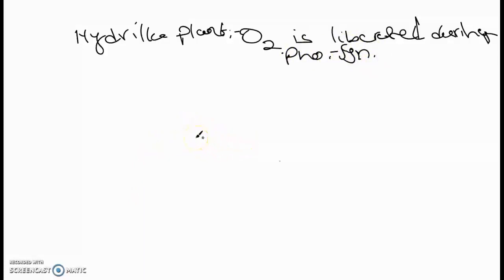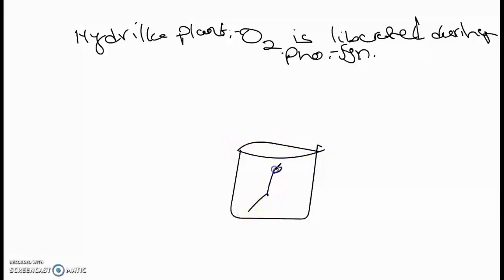And after observation, you take a funnel, you have a big beaker, and then in this beaker you take a funnel. The wide end of the funnel is kept inverted. All these things after reopening we can conduct in the lab. So here in the hydrilla plant experiment, you have a beaker and the funnel is put in the inverted condition, and then you insert twigs of hydrilla plant into the funnel, and this entire setup is put in water.